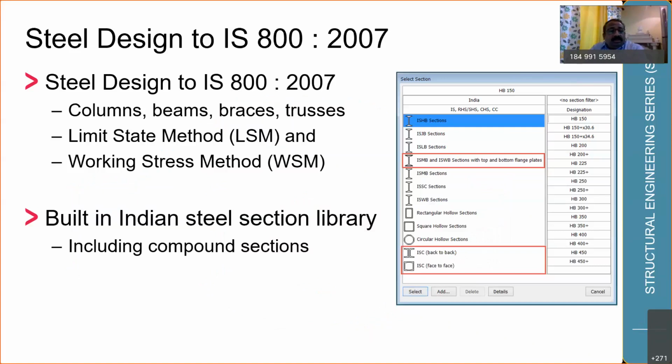Most of the tools support the Indian standards of practice on the steel and the concrete designs, where directly we can do the designs. And these are all optimized members, optimized design details for every element, like the columns, beams, braces, trusses, and different types of method, like the limit state or the working stress method. And Indian steel section libraries, as I said, are already available, even for the built up also. The component section is nothing but the built up section. And